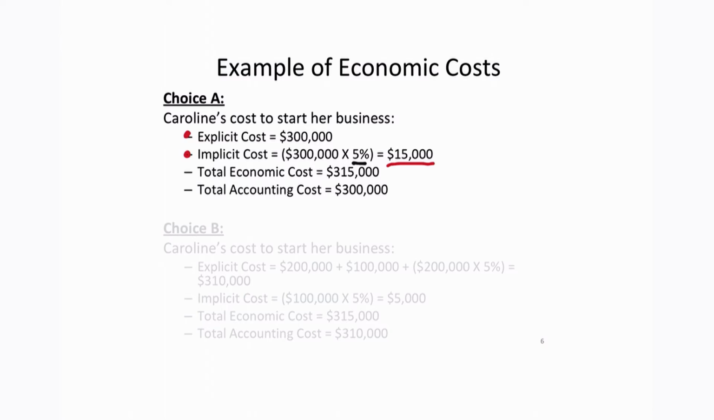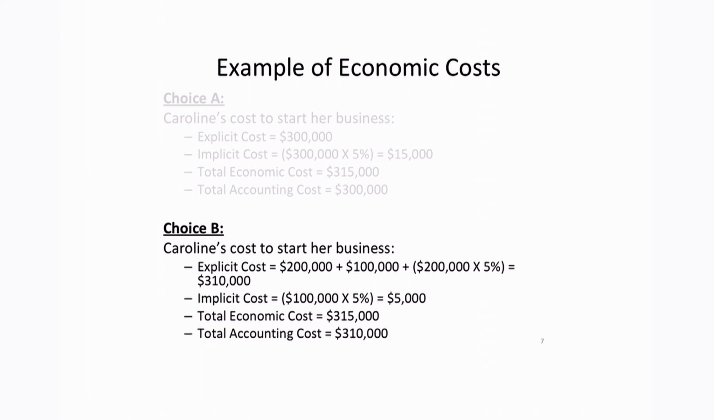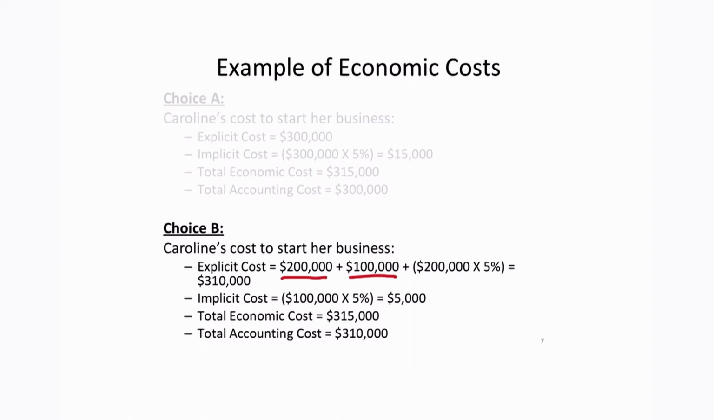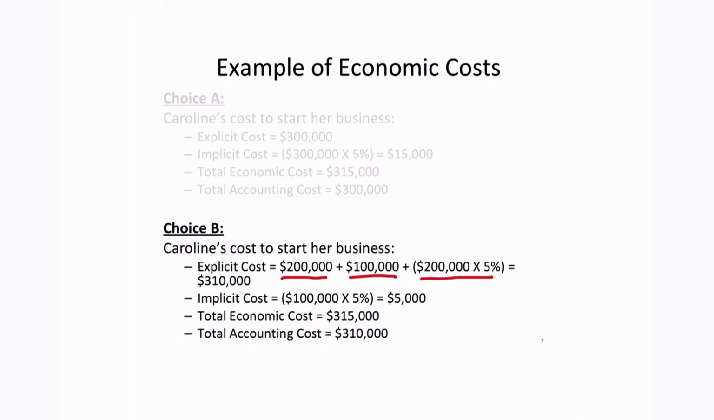Now, what about choice B? Now she has to start her business. She still needs that $300,000 to start, but her explicit cost is going to be the $200,000 that she takes as a loan from the bank, plus her $100,000 that she takes out of her own savings, plus the interest that she needs to pay back to the bank on that loan. So she's paying 5% back on that $200,000 that she takes out from the bank. So her total explicit cost is going to be